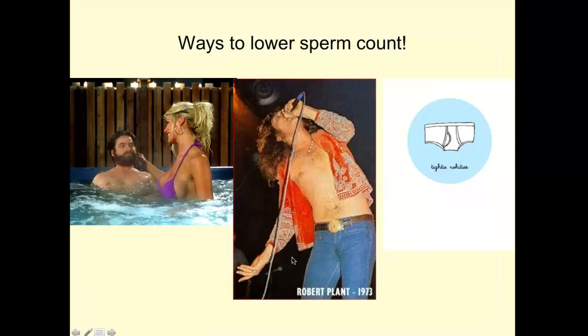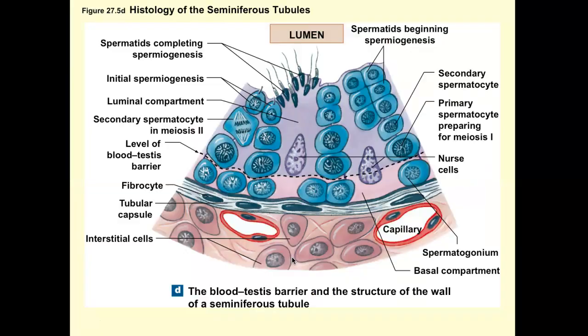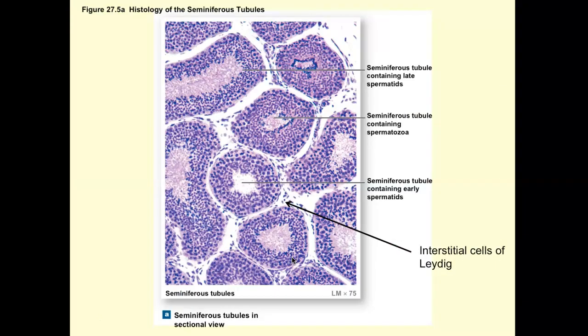done here. So let's look at the histology slide. So this is a histology slide that you're going to be responsible for knowing, the seminiferous tubules of the testes, on the final exam. And what you see here is the testicle, right? So this is a testicle with a cross-section through, and every single round unit is a slice or cross-section of